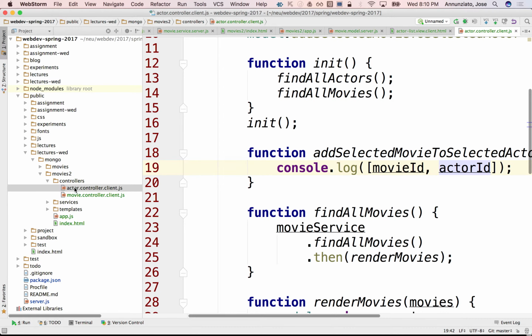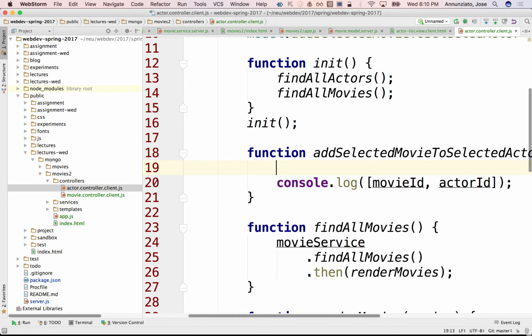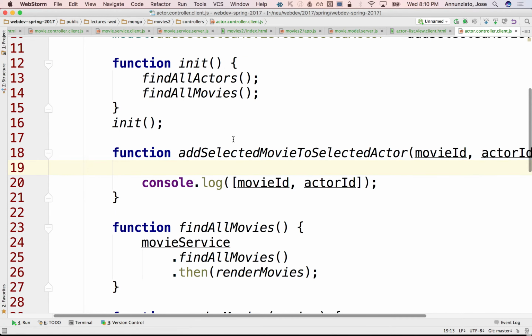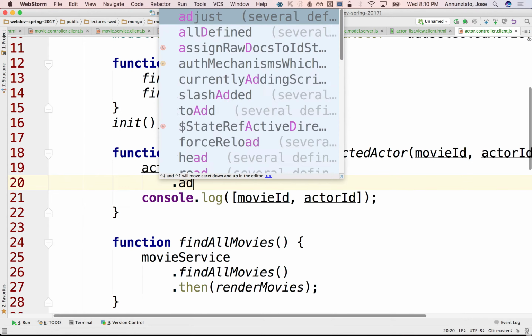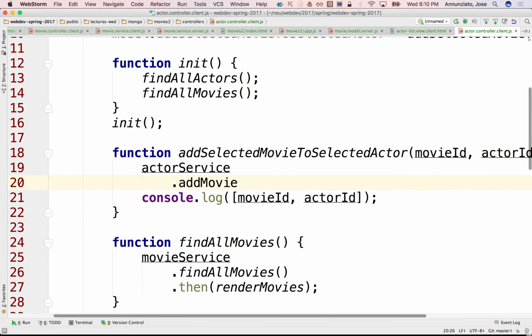let's write the service to do this first, right? So what we would like to be able to do is the following. We can say the actor service dot add movie. Wait a minute. Add selected movie to actor. So notice that the name of the function says add movie, right? Because the context is the actor, right? But notice that there's no